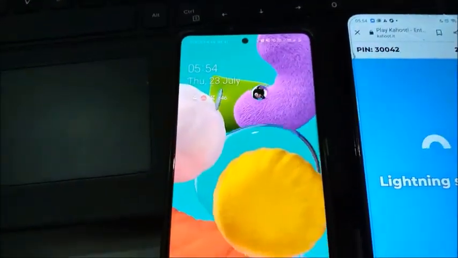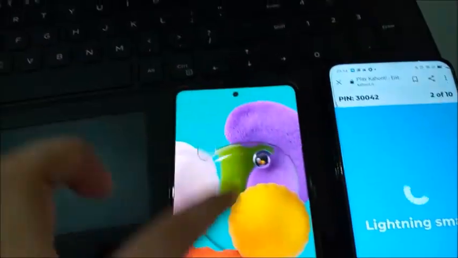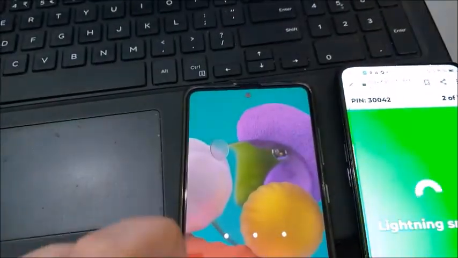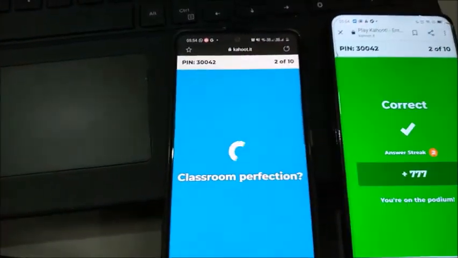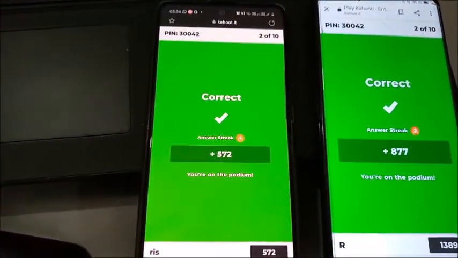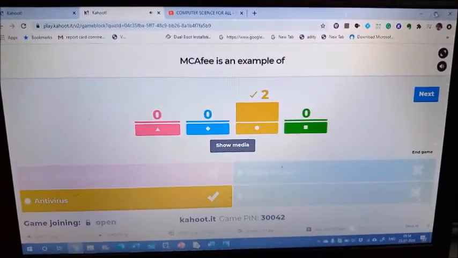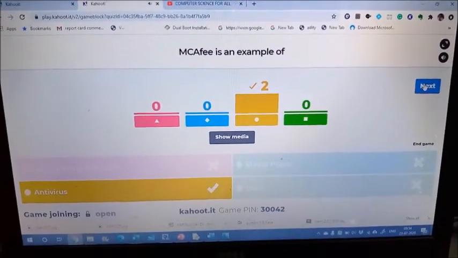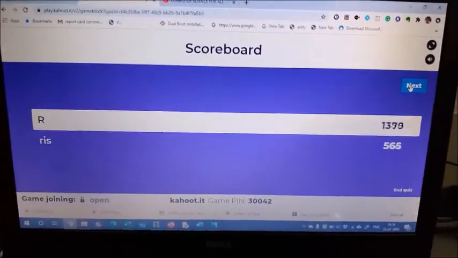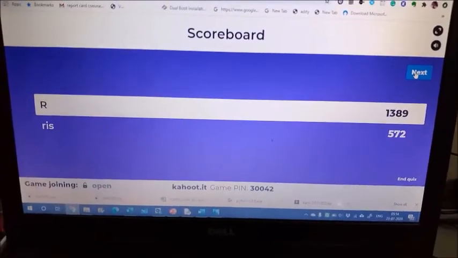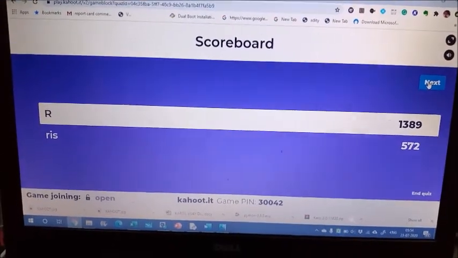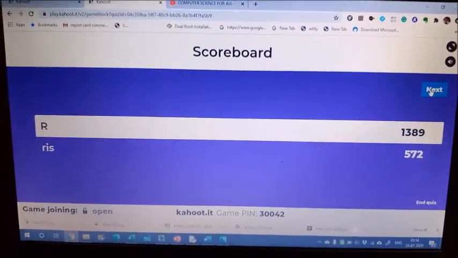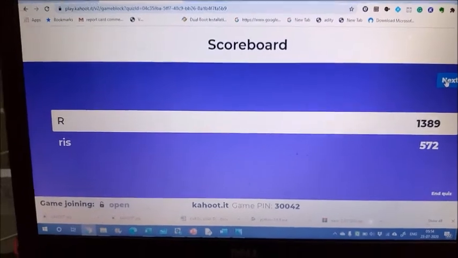So here I am answering with this one. So both answers are correct. The one who answers first will get more points. So when I go to next, again I can show the scoreboard to the students. Right? So this is how I can make my online classroom interactive by using the Kahoot quiz.